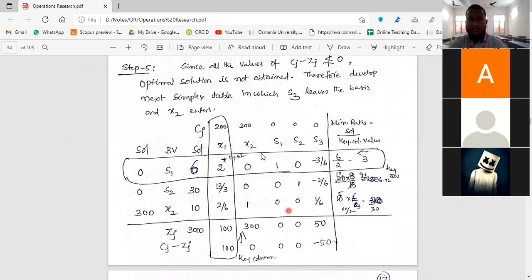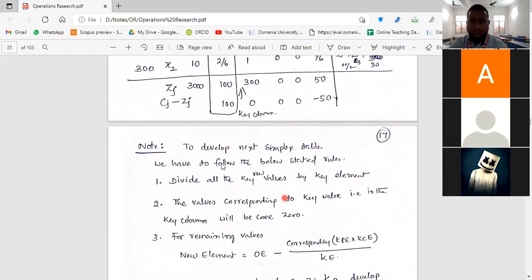So divide all the key row values by the key element. The key element is 6 and you are dividing by it. And this X2 is 300, you know already. This is not the solution, this is the Cj value. S2 is 0, S1 is 0. So 200, 300, 0, 0, 0. You know it already, because 200 is for X1 and 300 for X2. But these 5 values we calculated with the formula.